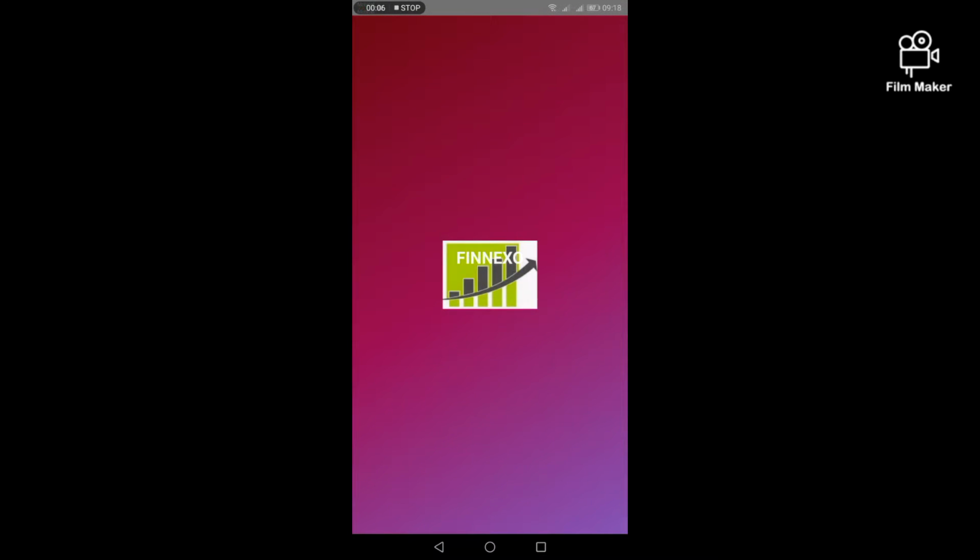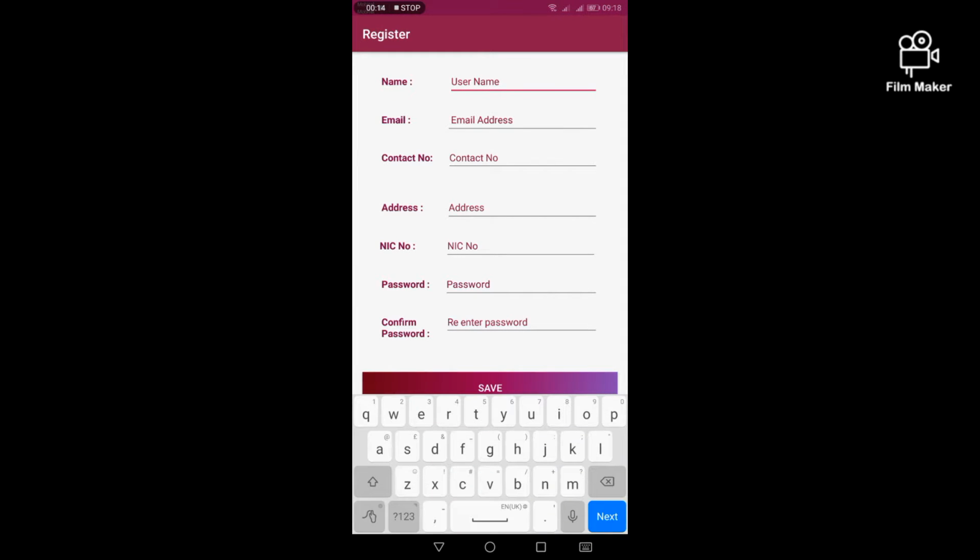Once the user downloads the application and opens it, the user will be directed to a sign up page. In order to create a user profile, the user should enter all the required information accordingly. Most importantly, the contact number should be the mobile number that they are receiving the transaction messages from the bank. Upon clicking the Save button, a user profile will be created and the user will be directed to the overview page.